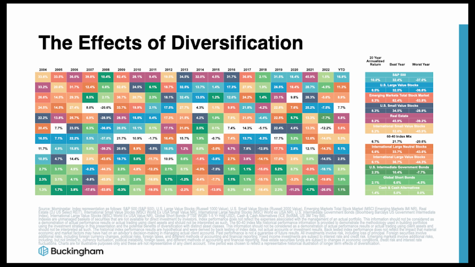A diversified index mix such as the 60/40 stock to bond index mix shown in the white tile tends to stay away from the extremes, both positive and negative, on a yearly basis and over time, while also dampening the volatility of returns. This is an example of the potential benefits of a well-diversified portfolio. It also helps us as investors to stay in our seats through any given quarter of market turbulence and not take away our ability to prosper for the many quarters to come.